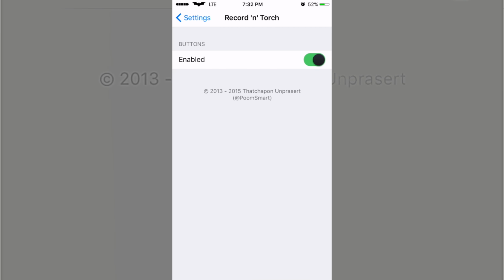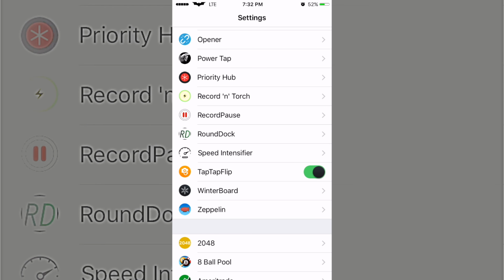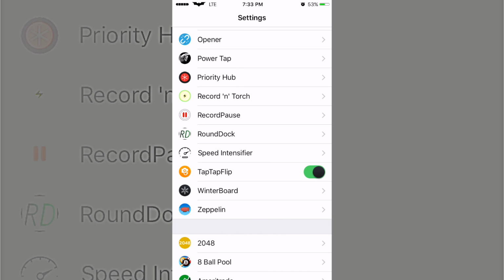Record and Torch. I'm able to turn on and off flash while I'm recording. Record Pause. I'm able to pause a video and then start recording within the same video again, so I don't have two separate videos. RoundDock. RoundDock is what I use to put more than four icons onto my dock. I used to use InfiniDock, but it wasn't supported when I downloaded this Cydia, so I just got RoundDock